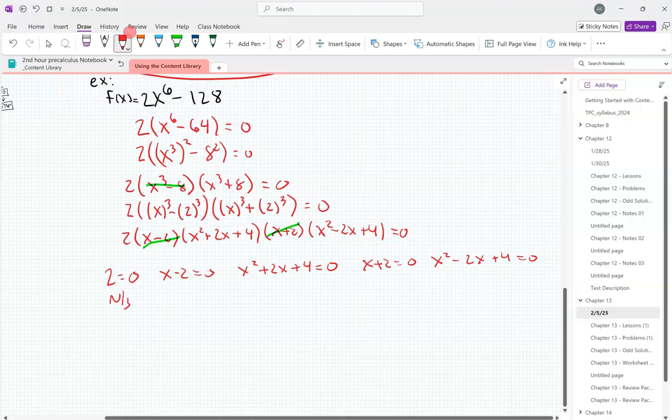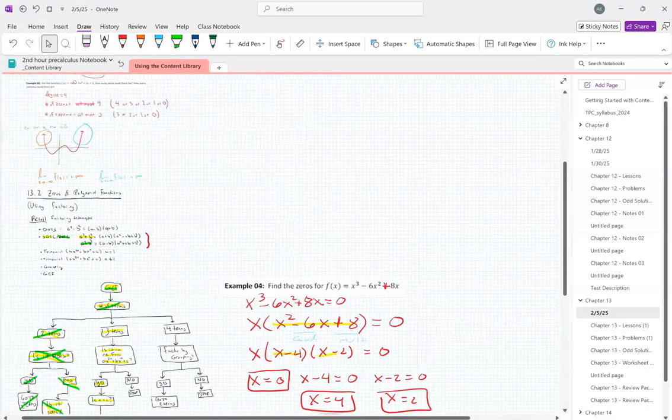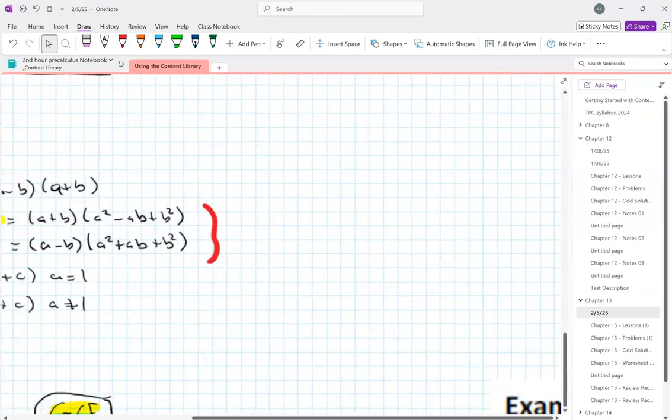Okay, 2 equals 0. Well, that's stupid. That has no solution. That's a bunch of nonsense. X equals 2. X equals negative 2. How am I going to try to solve these guys? You'd have to use the quadratic formula. But better than that,